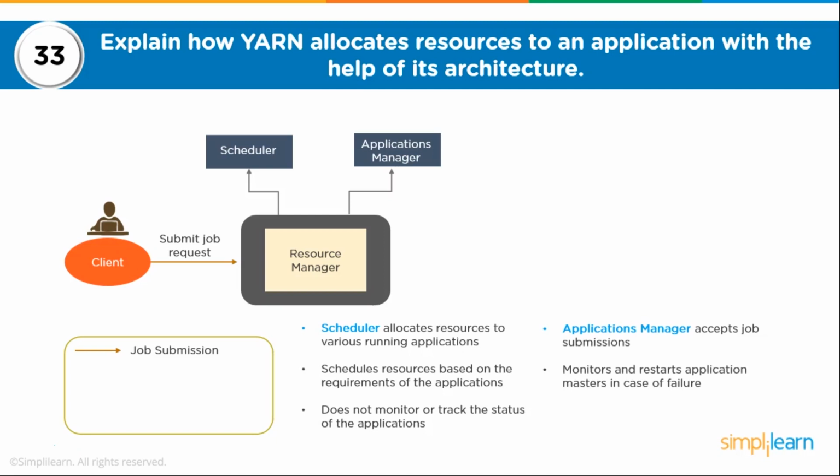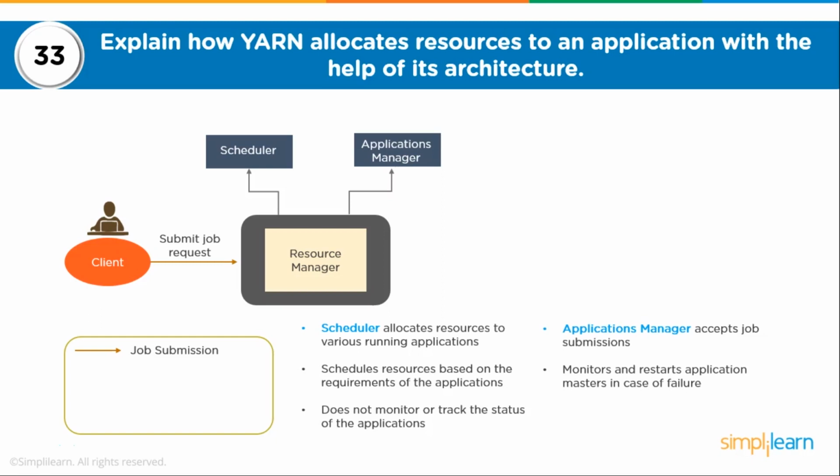You have a scheduler which allocates resources to various running applications. The scheduler is not bothered about tracking your resources or tracking your applications. We can have different kinds of schedulers such as FIFO, which is first in first out. You could have a fair scheduler or you could have a capacity scheduler. These schedulers control how resources are allocated to multiple applications when they are running in parallel. So there is a queue mechanism. The scheduler will schedule resources based on requirements of the application,